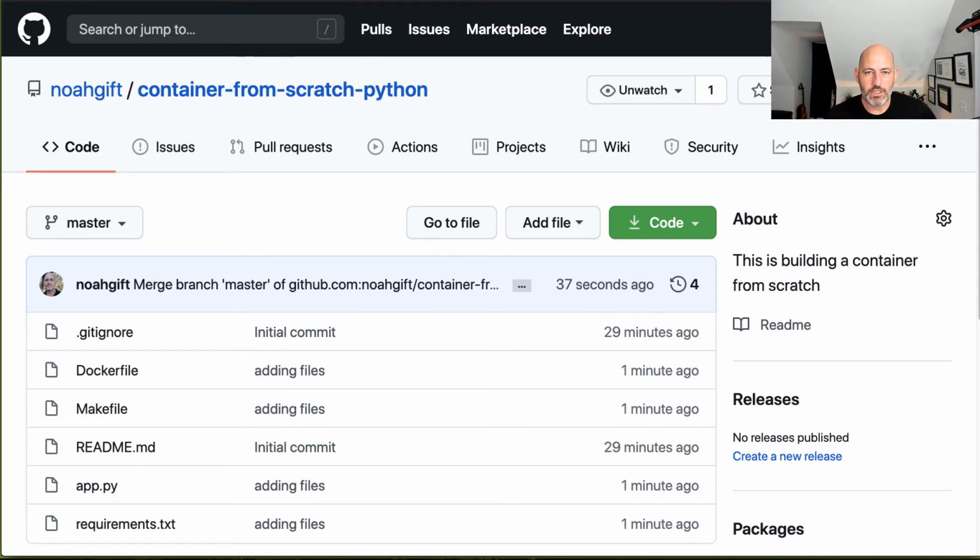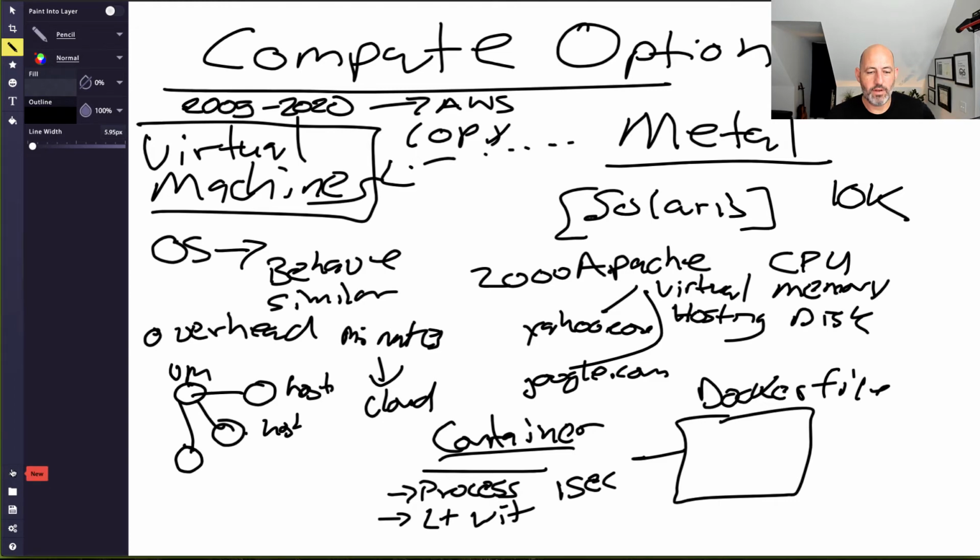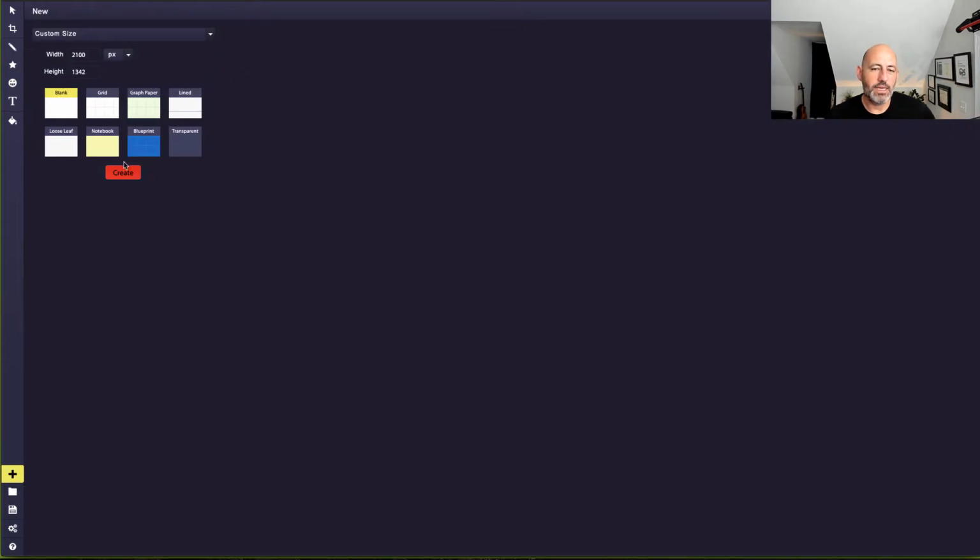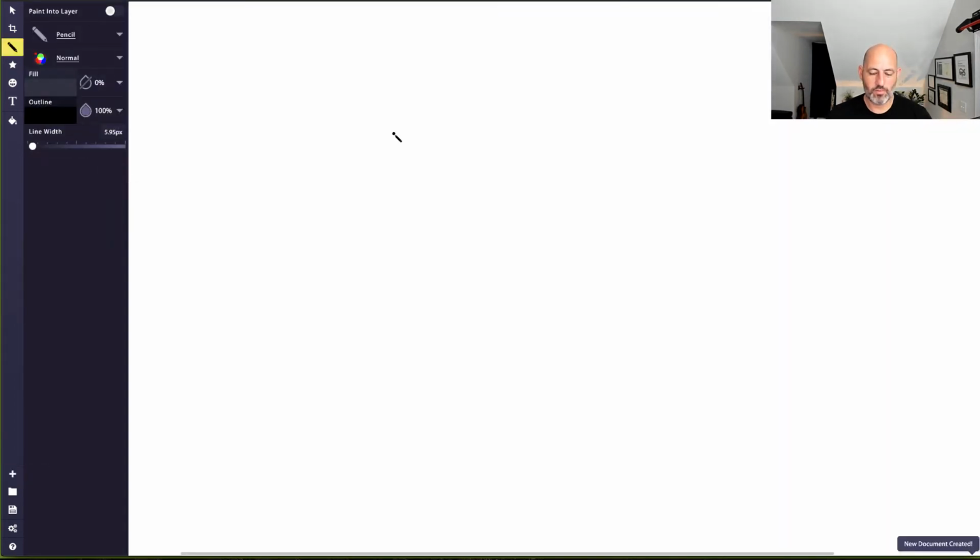But let me just sketch out what I'm going to do next here, because it's somewhat useful, but it's not as useful as it could be. And let me show you what we're going to do next. The next thing that we're going to do is that I'm going to push this image to other locations, and I intentionally made it simple so that we can explore the concept. So Docker, in a kind of a hello world setup here,